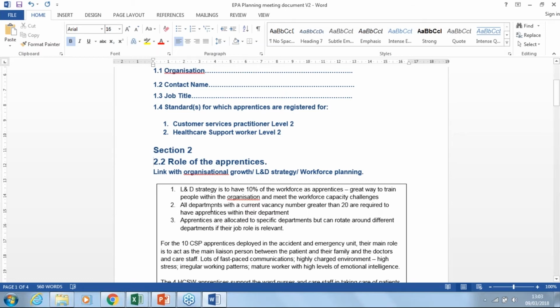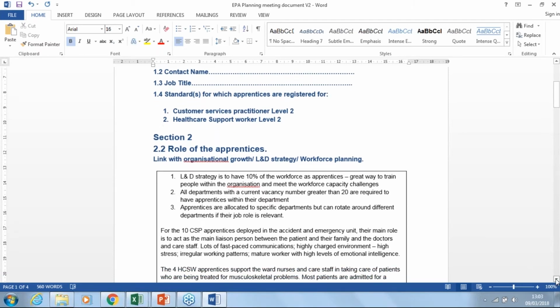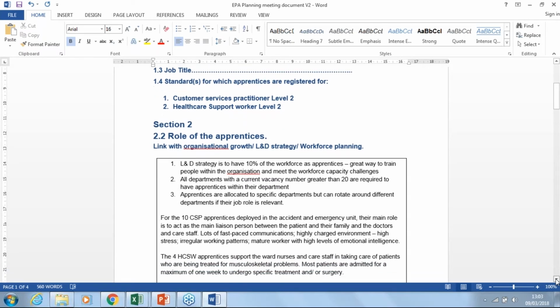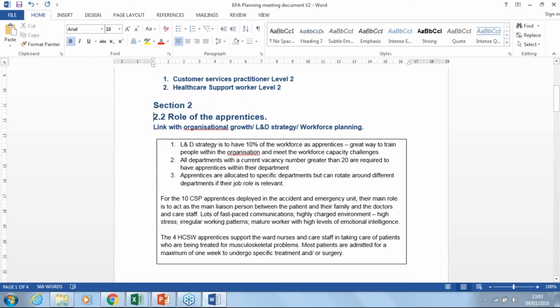So in this case, we've tried to look at how the L&D strategy for this particular healthcare provider works, and the response that our employer provider has given us is that the L&D strategy is to have 10% of the workforce as apprentices because they think it's a great way to train the people within the organization and meet the capacity challenges that they have within the organization. They've also mentioned things like